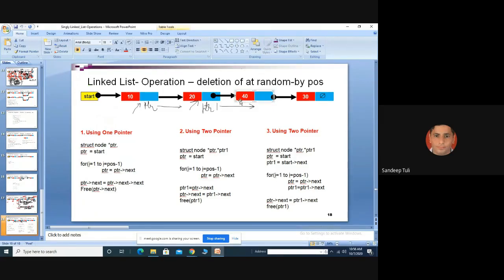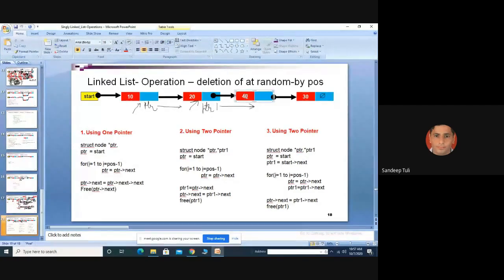I am not asking about the start pointer right now. I am asking about the way you can move to the previous node. Right now I am at 40. With the help of the next pointer, I can move on to 30. Similarly, I should have one pointer that takes me to node 20. That can be done with another pointer, which we will have in the doubly linked list, that is the previous pointer. So every node will now contain 2 pointers plus 1 value.